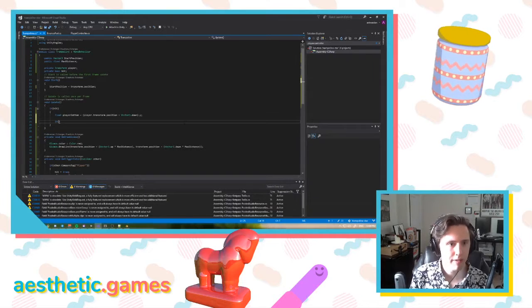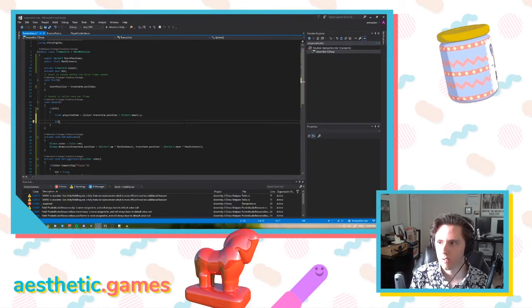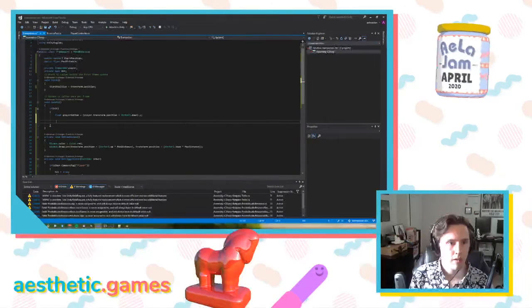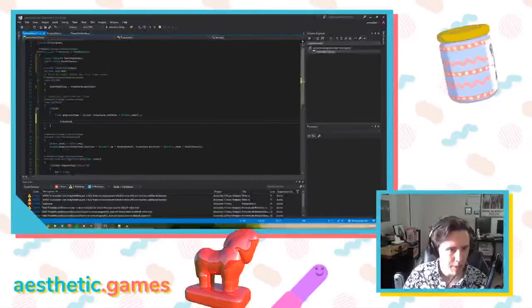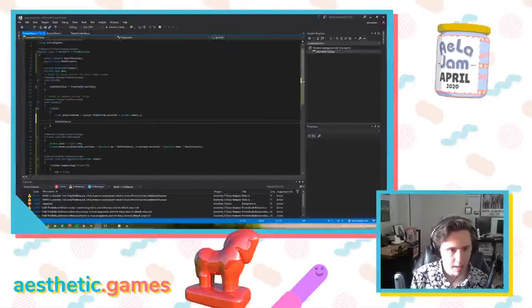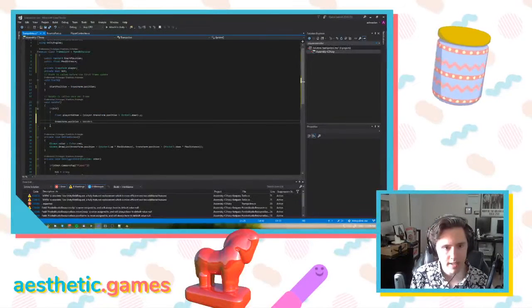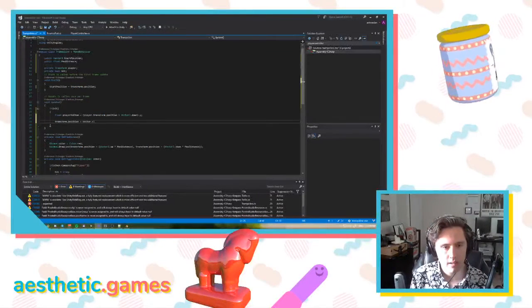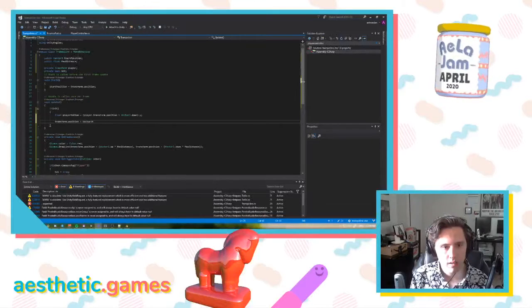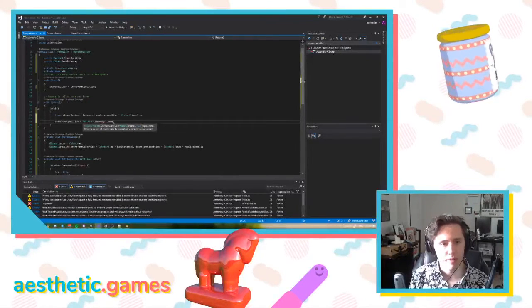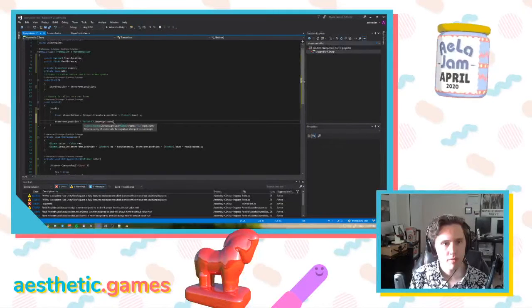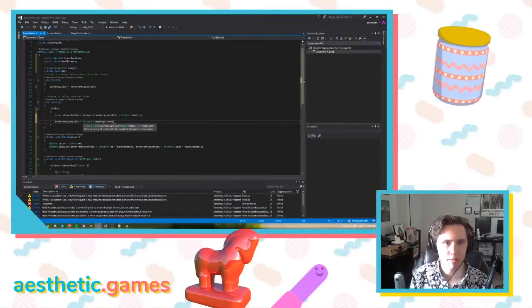And then, or we'll say transform dot position equals vector 3 dot, basically we'll clamp it to max distance, but we'll do